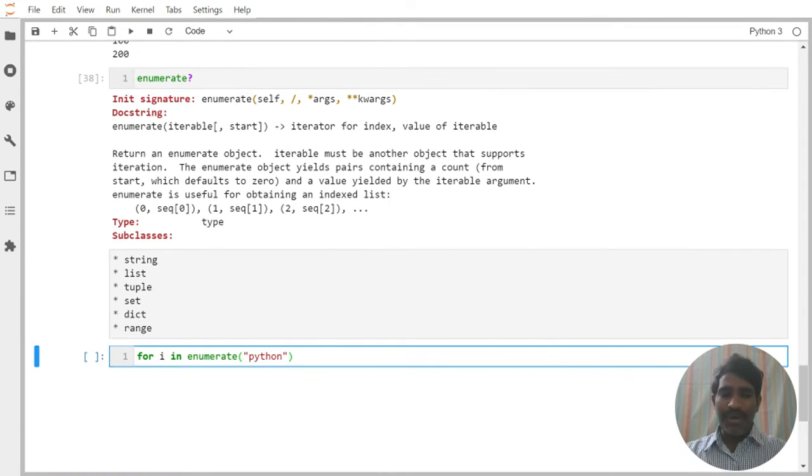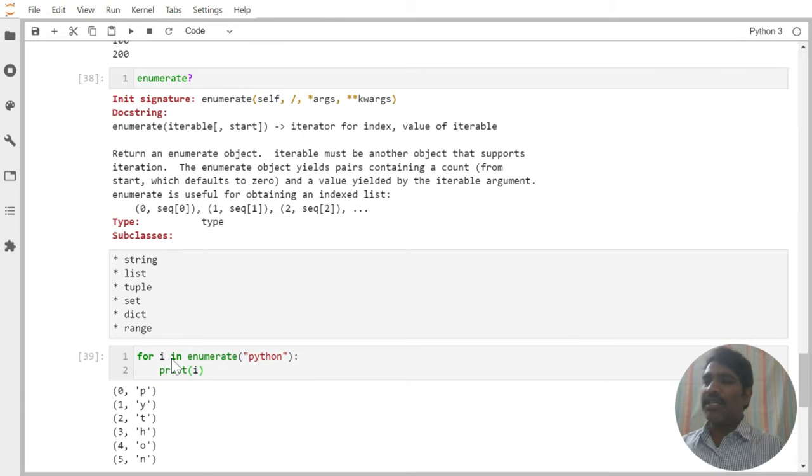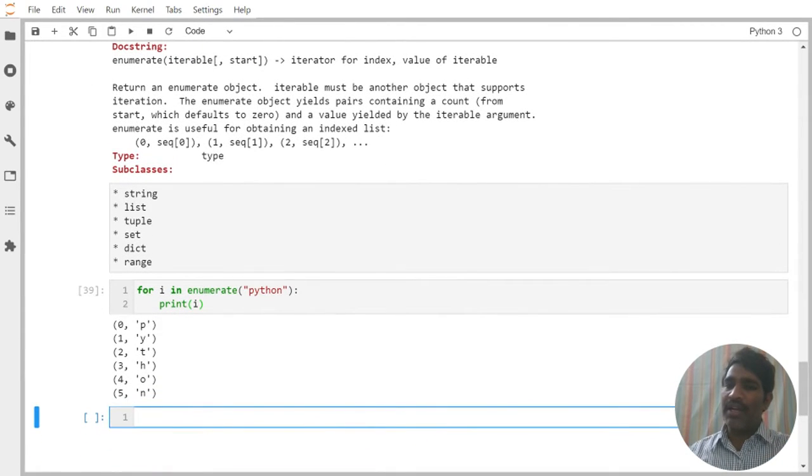The moment we give enumerate, with only one variable, is it working or not? It is working. However, i now has 2 things here. What is this? Index. What is this? Value. P index is 0, Y index is 1, T index is 2. All of it is being stored into i.